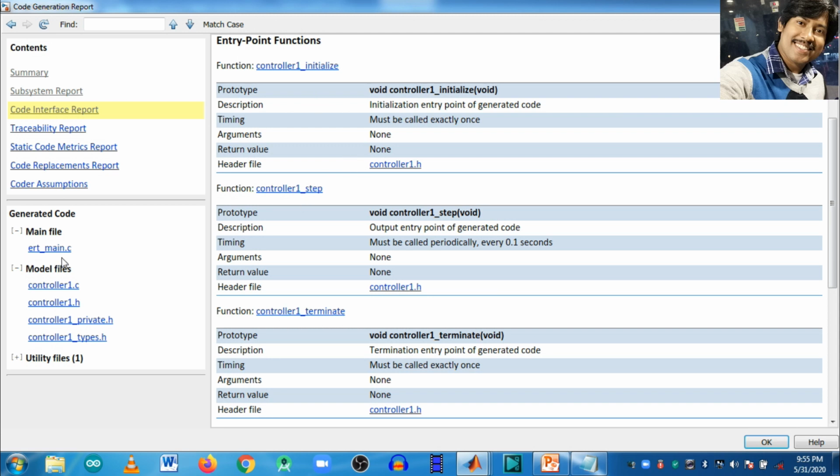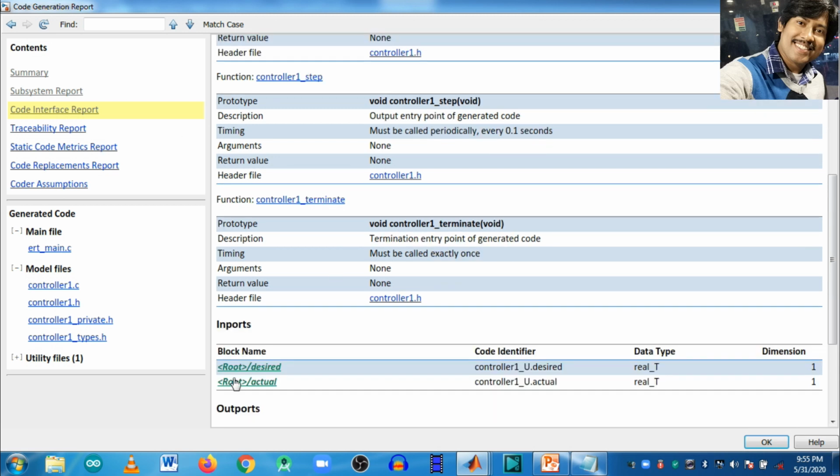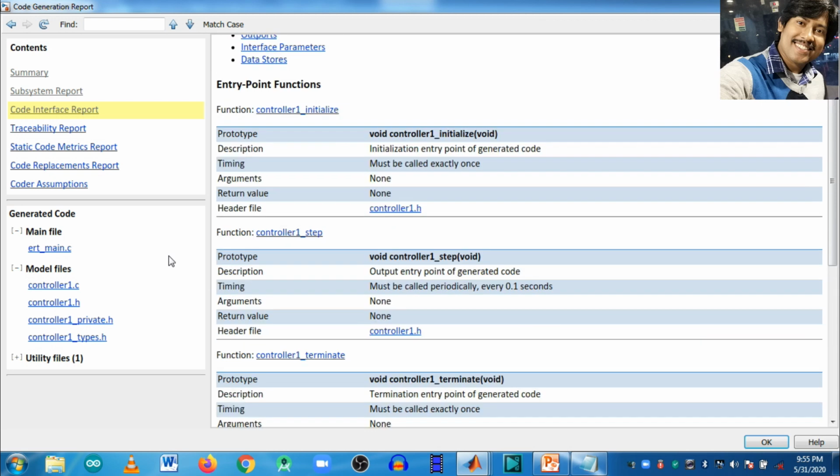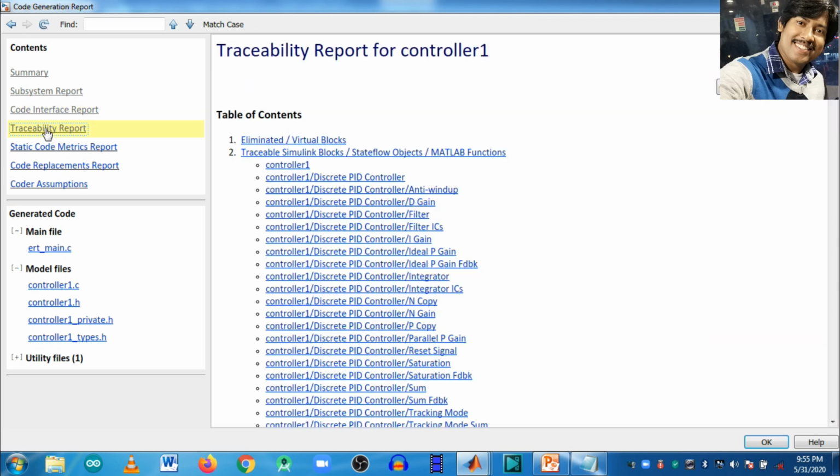And also the traceability report. You can trace all the elements, and also the embedded coder eliminates some unwanted blocks during generation of the code. The eliminated blocks you can see here, and also you can see how to track the model. Suppose this is a model, and this section, suppose I want to see this part in the code.